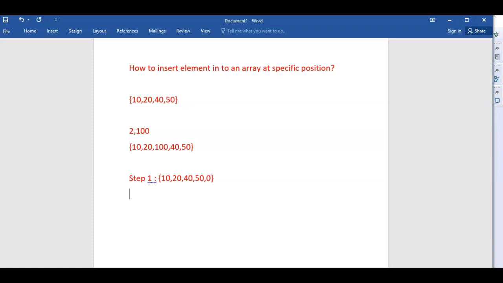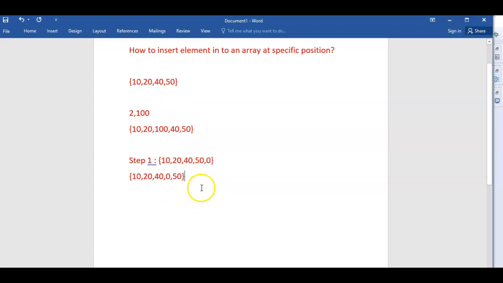So at step 1, we move the value 50 to the next position. So 10, 20, 40, and the value at this position will be 0. So this is how it looks. This is step 1.